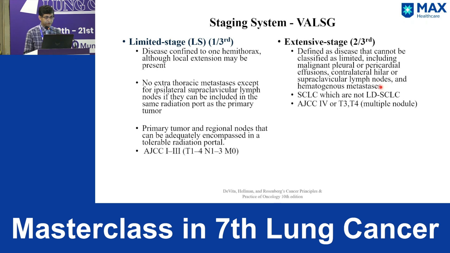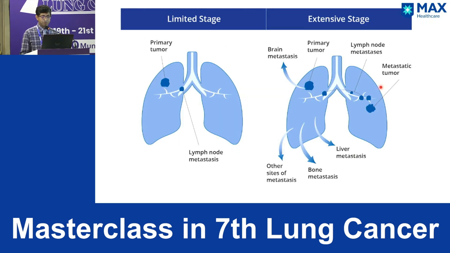Now, when we compare this with the current AJCC system, then stage 1 to 3 falls under limited stage disease, which is T1 to 4 and N1 to N3 disease. And stage 4 comes under extensive stage, which can also include T3 and T4 tumors with multiple nodules. So this is how we can graphically show what a limited stage disease might look like, and this is how an extensive stage disease can look like, involving both of the lungs or with distant